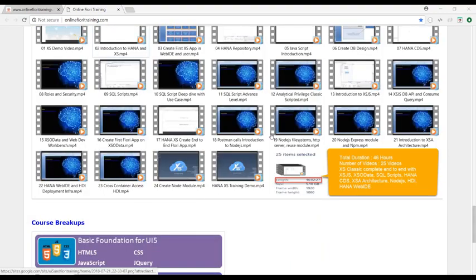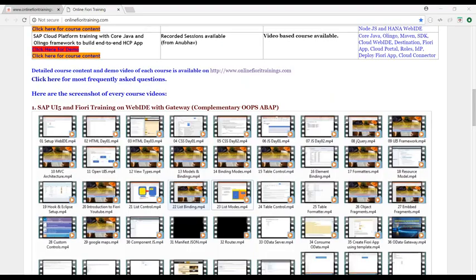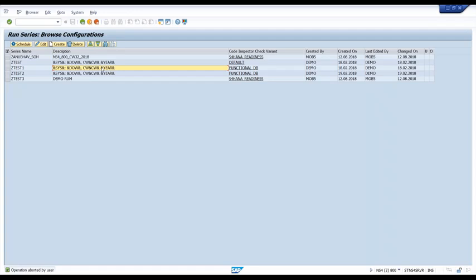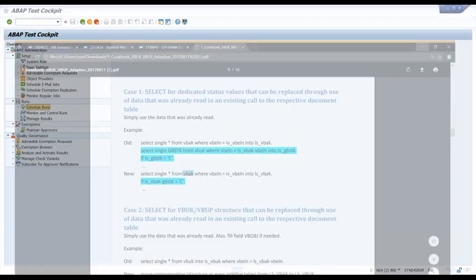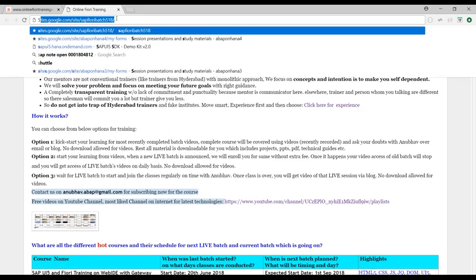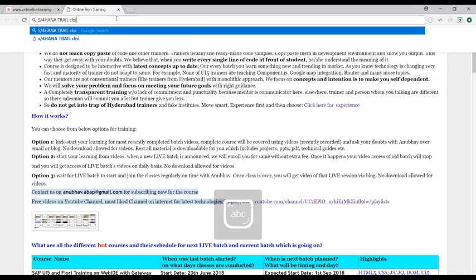I'll show you guys in our S4HANA system itself. If you are in the cloud, there is an application which SAP offers in the cloud. And by the way, those who want to experience S4HANA, there is a free S4HANA trial available in the cloud and on premise also. You can just search for S4HANA trial cloud and experience it.